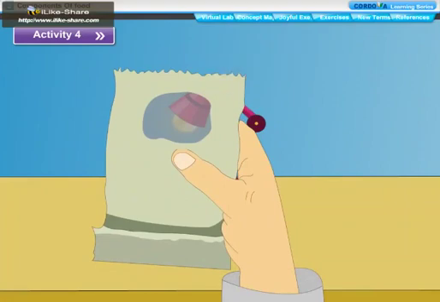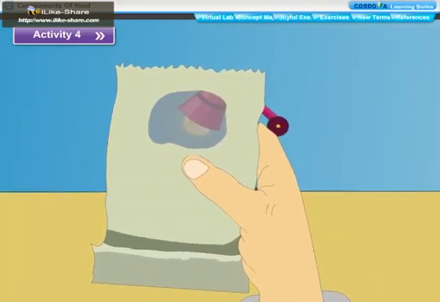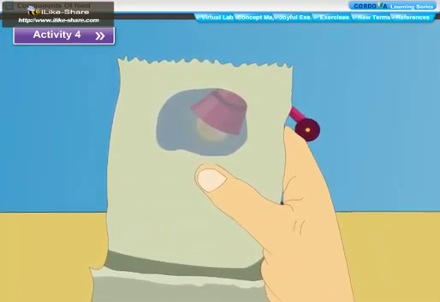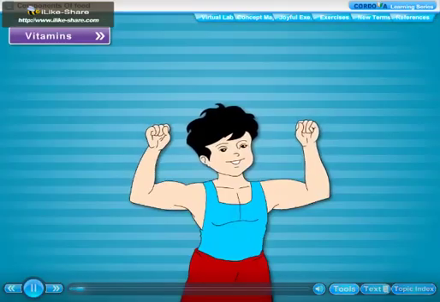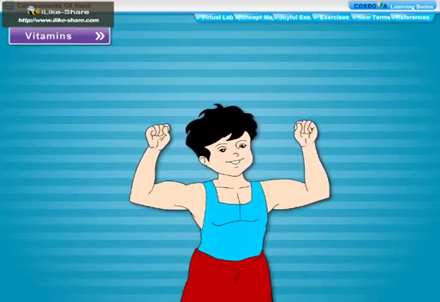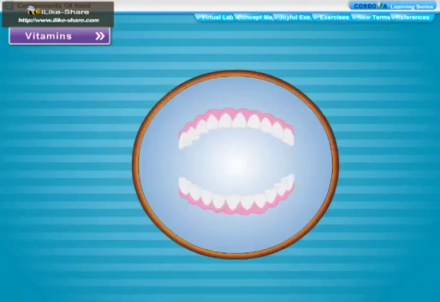We are able to see the light faintly through this oily patch, making the paper translucent. The appearance of the translucent oily spot on the sheet of paper shows the presence of fat in the given food sample. Vitamins. Vitamins are essential nutrients required in small quantities for normal growth, good vision, healthy teeth, gums and